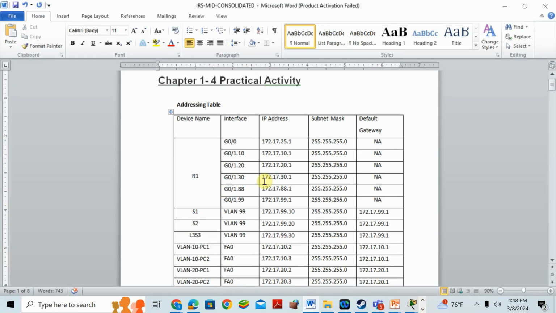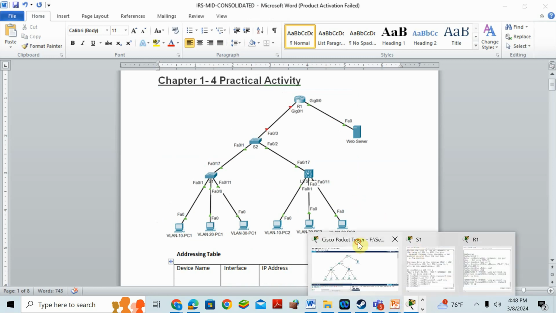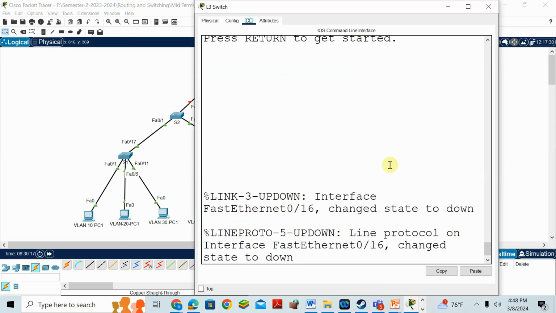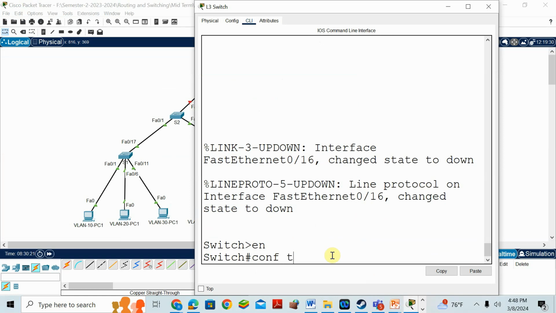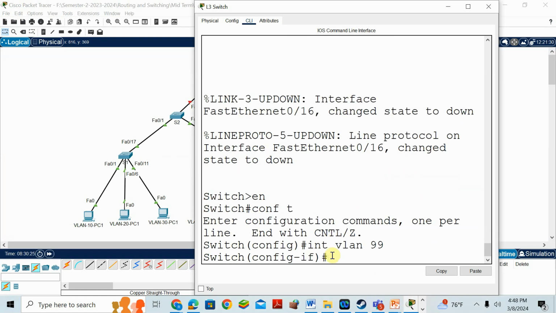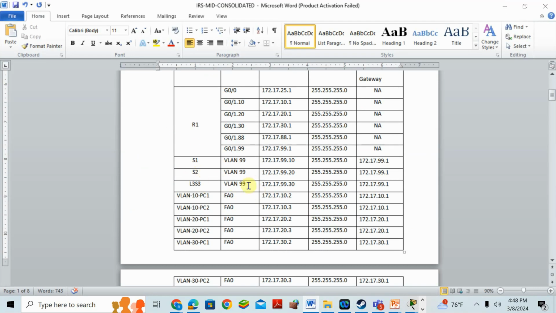Okay, done. After that, I have to go for the L3 switch, the layer 3 switch, which can act as both router and switch. Configure interface VLAN 99. What is the IP address for VLAN 99? The management IP of L3 S3 is